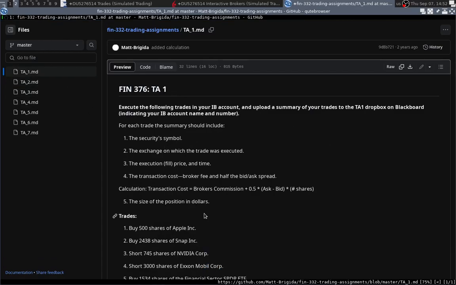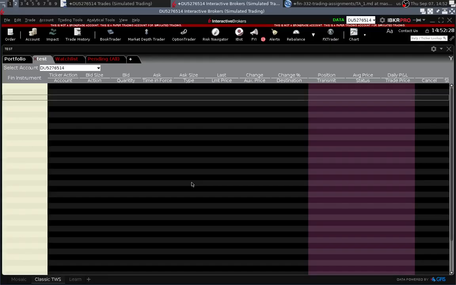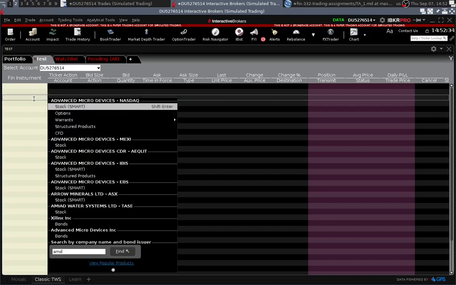In trading assignment 1, we're just going to enter some orders. I don't care how you do it, and then we're going to record some information about these orders. So let's jump in, and I'll go ahead and just enter them for AMD. Right. So the first thing to realize is I type AMD, the ticker, in this financial instrument, and